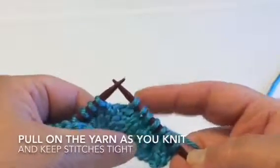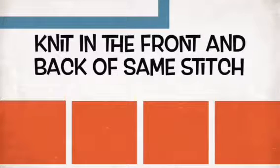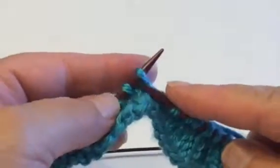As you knit 2 stitches together, be sure to pull the yarn and keep your stitches tight. Part 2 of this video is how to knit in the front and the back of the same stitch. So let's get started. When you knit in the front and the back of the same stitch, you're going to